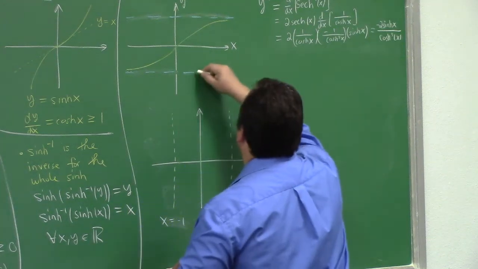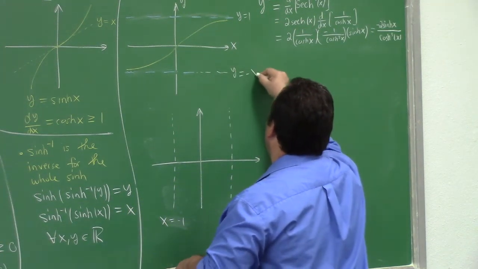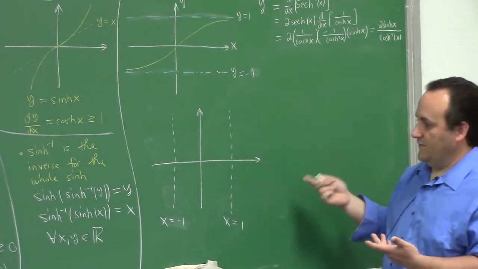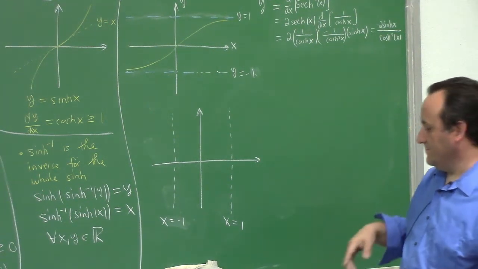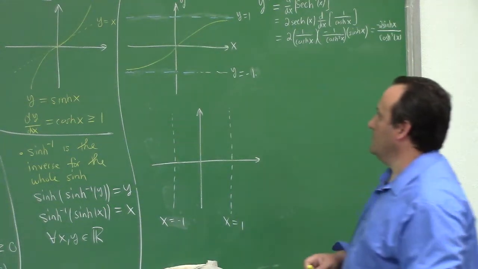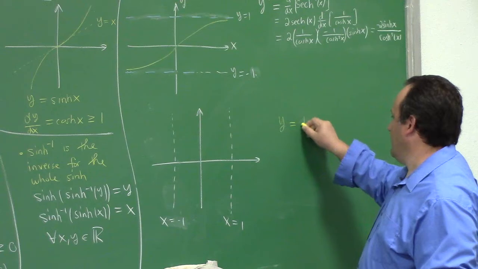Versus up here we had y equals 1, y equals minus 1. Those are horizontal asymptotes of the function. Here we had vertical asymptotes for the function. And what does it look like exactly? If y is inverse hyperbolic tangent,